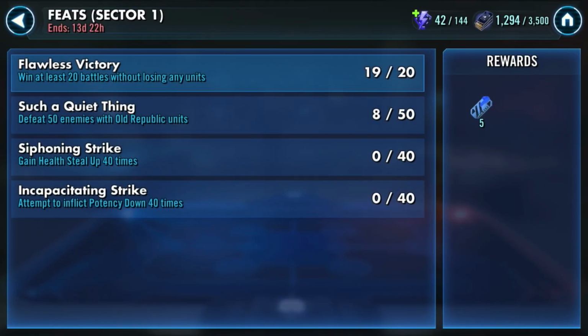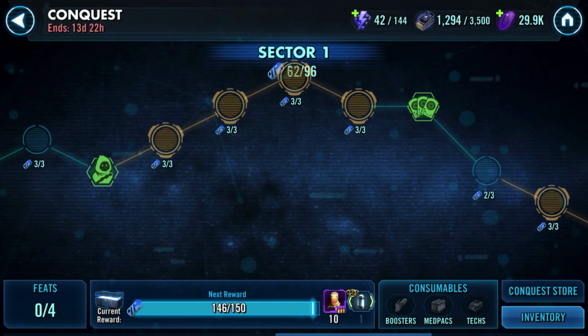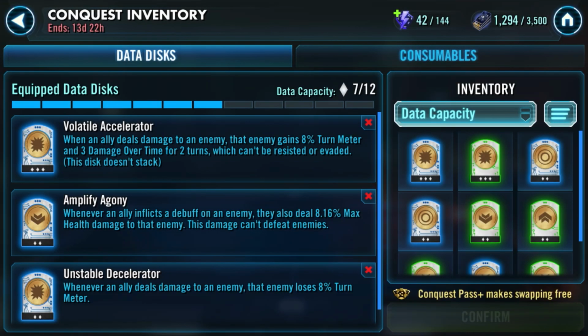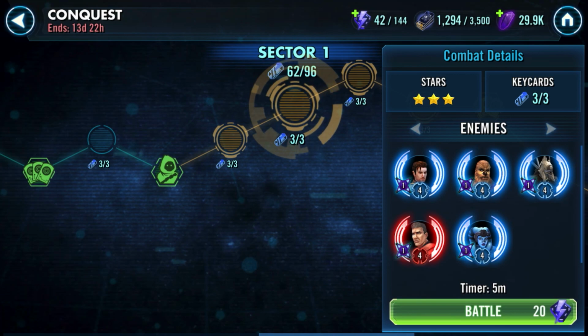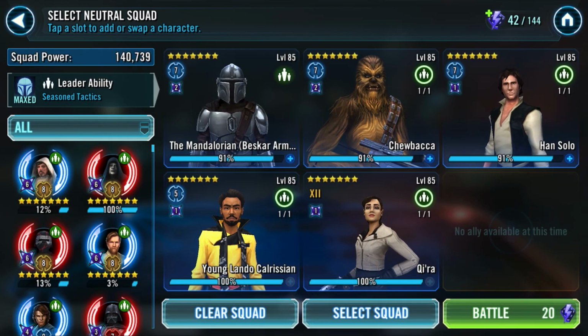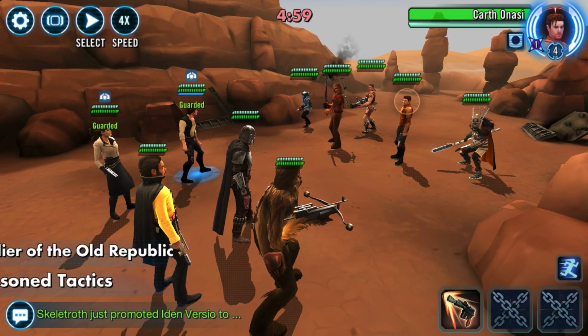Today, Conquest 16 kicks off, bringing a new round of Feats bosses and a couple of data discs. Fortunately, the core data discs from the past 6 or so conquests return, such as Volatile Accelerator, Amplify Agony, Zealous Ambition, and Thermal Exhaust, to name a few, meaning a lot of the strategies implemented previously will work again for Conquests 16 to 18. So to start off, I'll be showcasing two similar lineups that have the potential to get